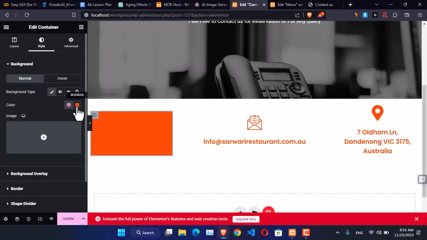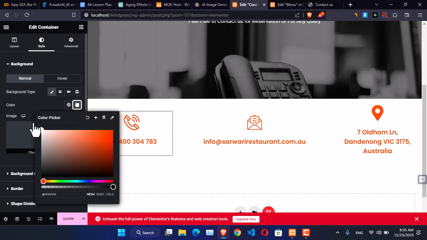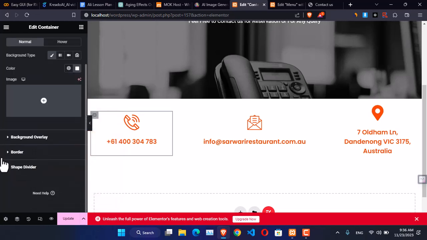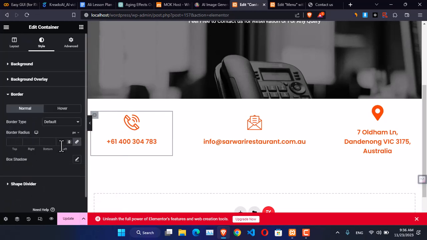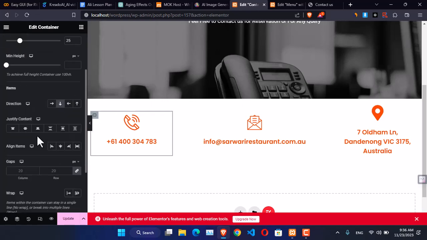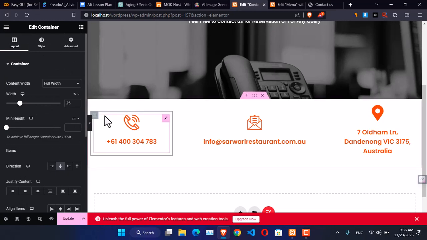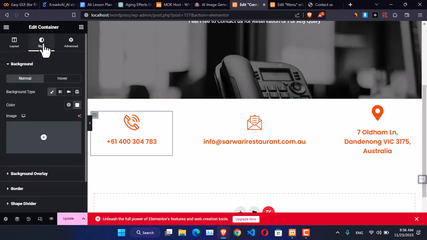As you can see, for the moment, if I give primary color, it's going to give that color. However, we are looking to give it white color. Beside that, we also have to give it a little bit of shadow, which is also important. And also the border radius. I have not given any shadow, so if I give it even border radius, you will not be able to see it. So let's make that 12 for the moment. Don't worry about that. Okay, now to give it shadow,